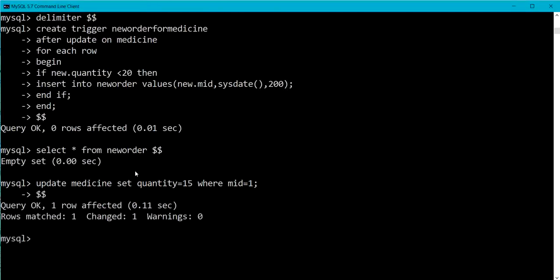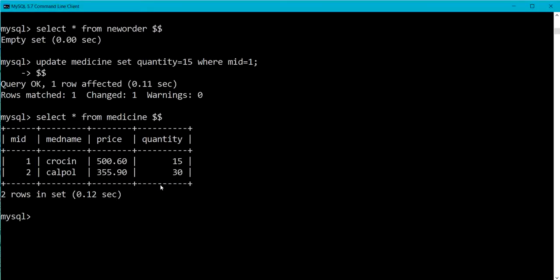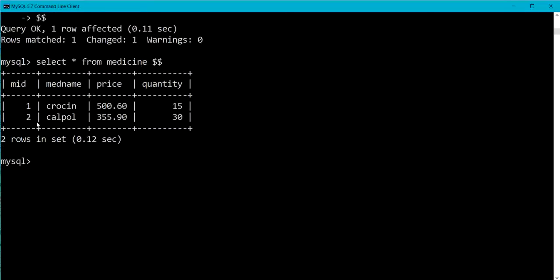So here the quantity in the medicine table is updated. Let me show you the updated quantity from the medicine table. Yes, here in the medicine table I have medicine ID 1, medicine named Crocin, and the quantity as 15.